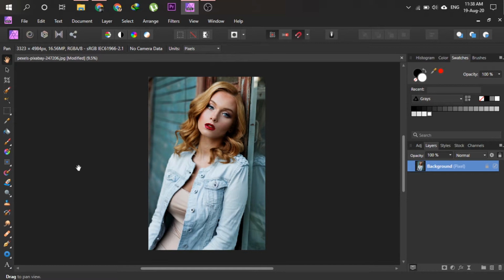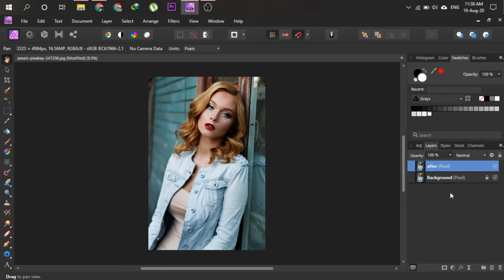So today we are going to use this sample image, and you can download this image from the link given in the description below. I already opened this image in Affinity Photo, as you can see, and the very first thing I am going to do is make a duplicate copy, as you already know guys. You can press Command or Control J to make a duplicate and rename it like after.